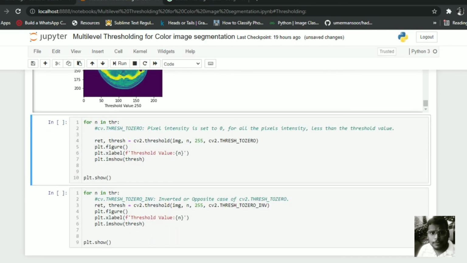Threshold to zero: the pixel intensity is set to 0 for all pixel intensities less than the threshold value. Now I am running this.